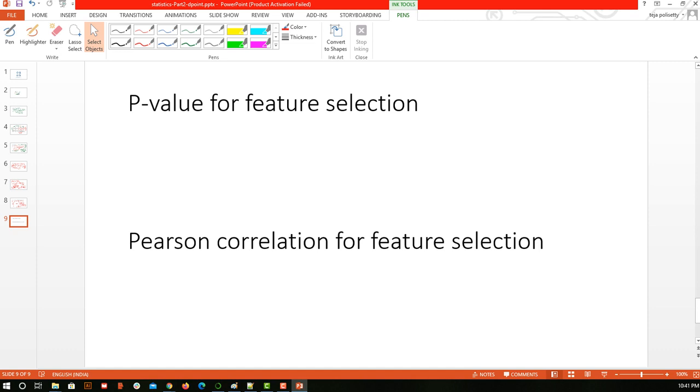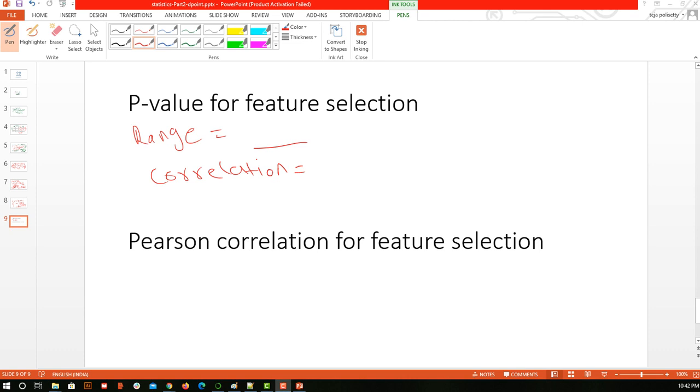As we have seen moments back, how we find the correlation, and based on what values, and how we filter the columns, we have discussed. Similarly, we have p-value. First we'll try to understand what is the range of p-value, and how we can find out how the correlation is between the features based on this range. That will be our final concept.